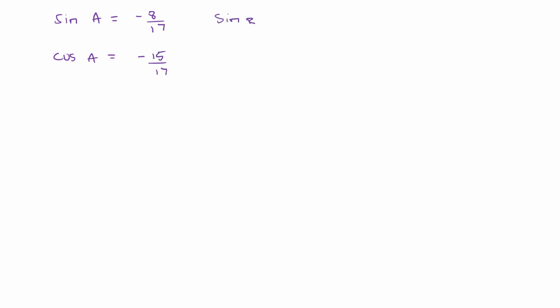Sine B is 24 over 25. And cosine B is 7 over 25. So now that we have this information, we can find the tan of A, which is